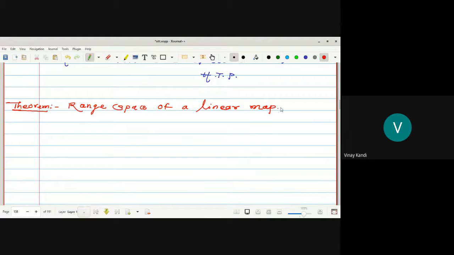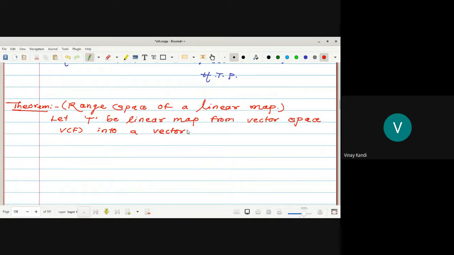Let T be a linear map, or linear transformation, or vector space homomorphism, from a vector space V over F into a vector space U over F, then